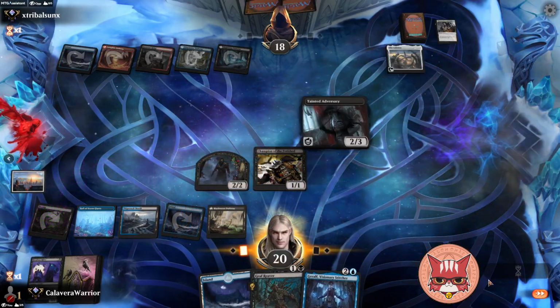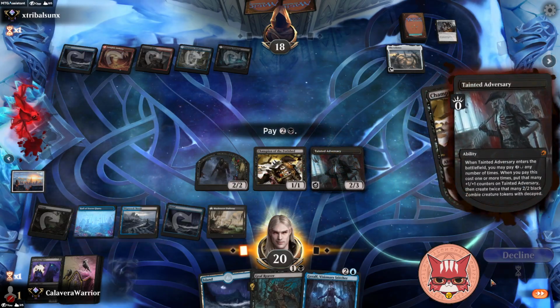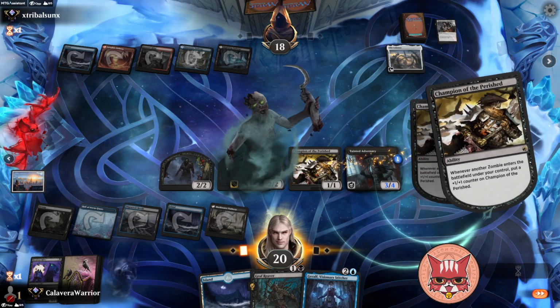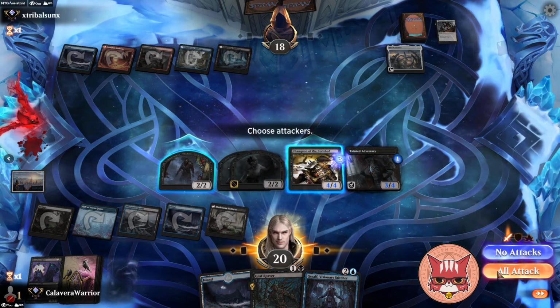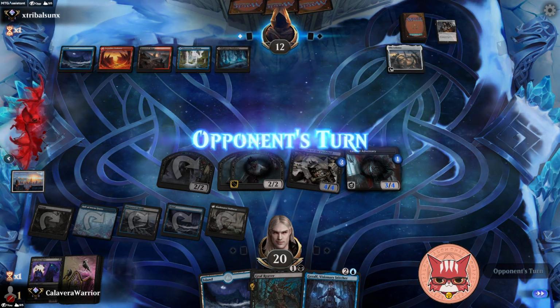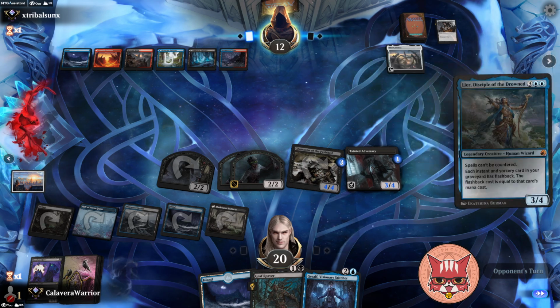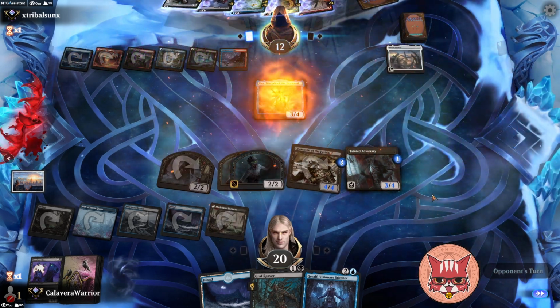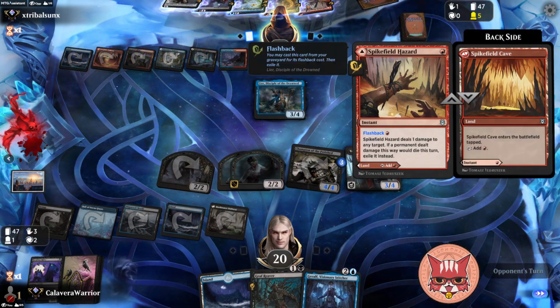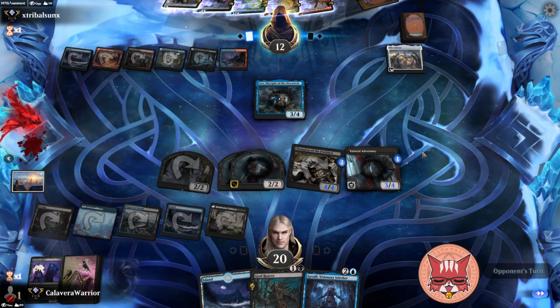At this point, any amount of complete board wipes is going to do us in. But we have lethal damage on the board, so... Yeah. They want to do that. Spike Field Hazard doesn't hit anything. They need the blocker, so...